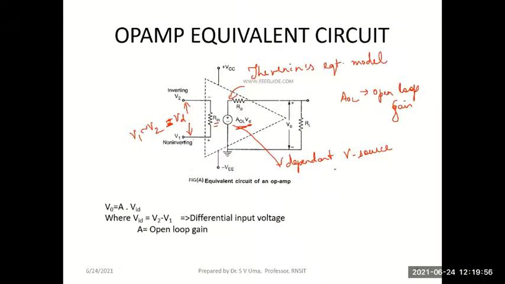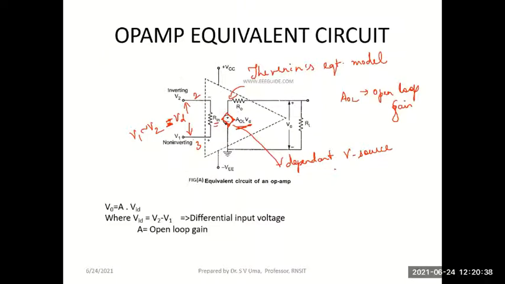For the internal diagram of the op-amp, whenever we analyze it as an amplifier, we can represent it with an input resistance between terminals 2 and 3. So this is the inverting input terminal, pin 2. This is the non-inverting terminal, pin 3. Between these two terminals, we can write it as a resistance. And on the output side, we can represent it with a dependent voltage source. This dependent source we should actually write as a square-like symbol, not circular. Anyway, it doesn't matter much.